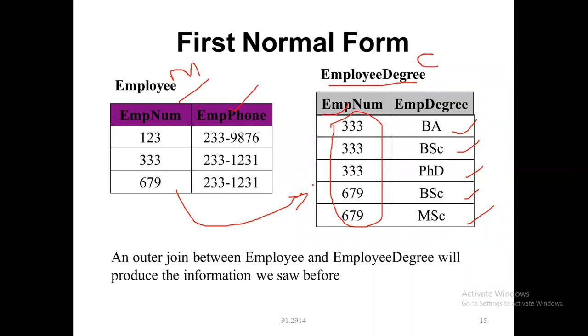So the relation has been established using your foreign key. Using the foreign key concept, I am trying to link this. The foreign key says that it is going to make a relation between multiple tables. How am I trying to do this? I'm splitting this and saying the roll number, that is, the employee number. Now, if this number is here, then only this person can be awarded the degree.